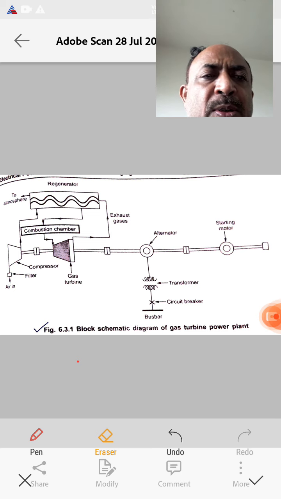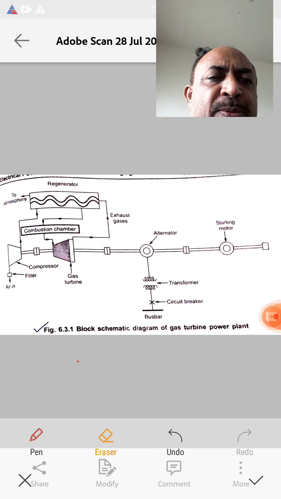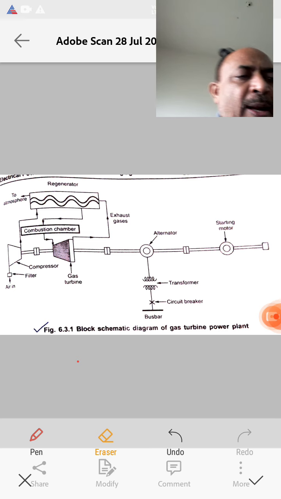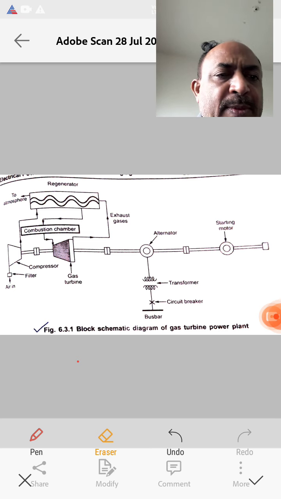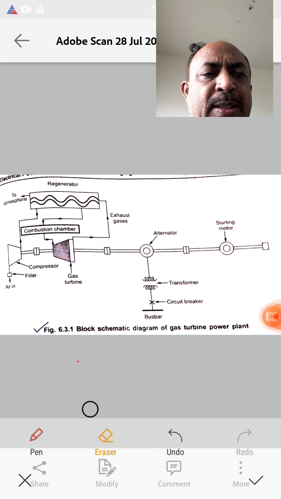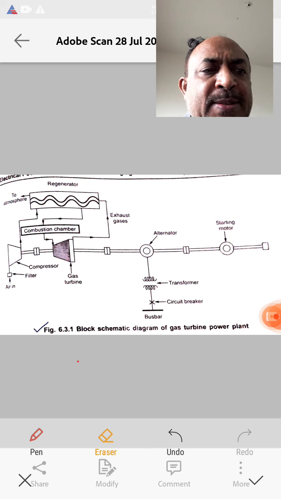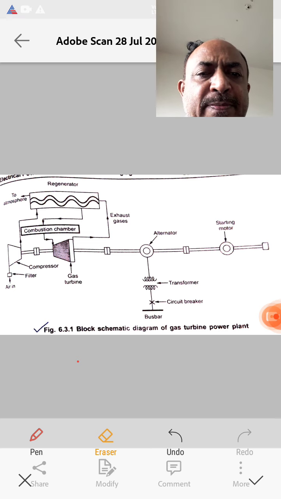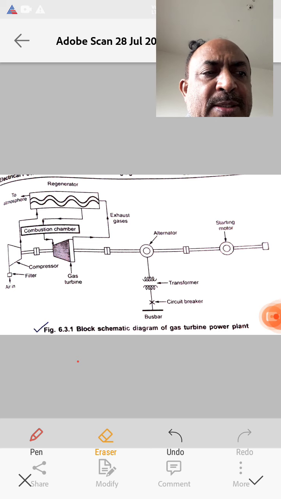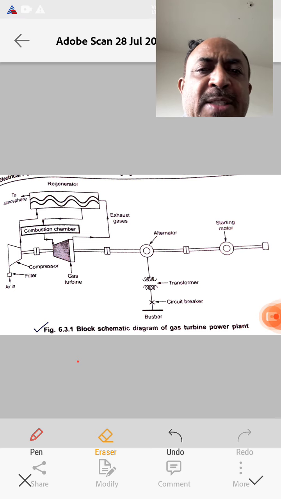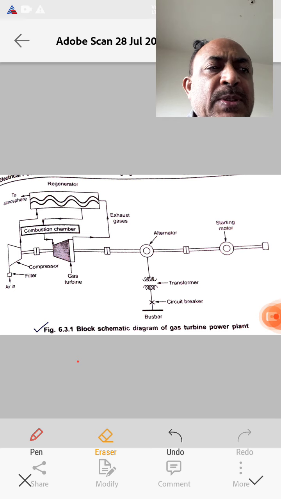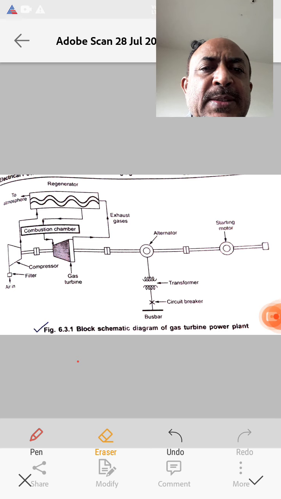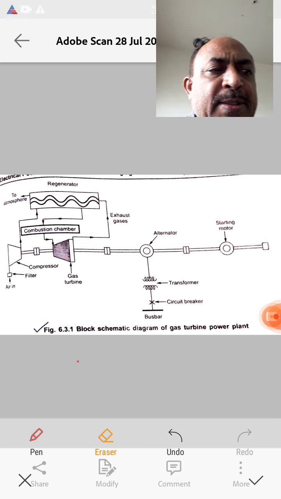What are the merits of gas turbine power plant? It is smaller in size, and weight is also very less when compared to other types of power plants like steam power plant and hydro power plant.